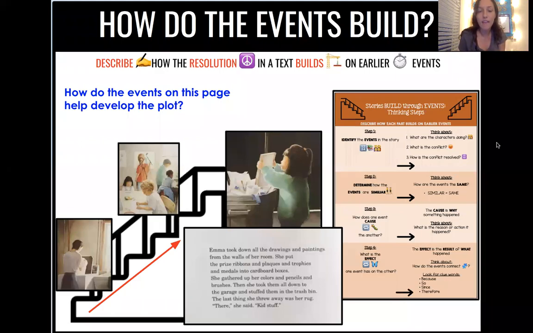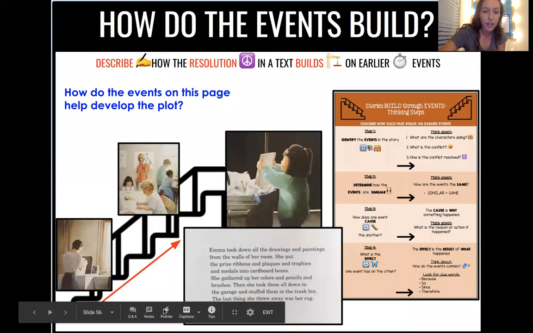All right, friends, so we have a similar example on this next page. We're looking at page 26, and we're thinking again about what do we see in the events that happened before, and how do they build on each other to get us to this next event that we're looking at. So before we see, if we look at the illustrations, if you'll follow along with my red pointer, you see